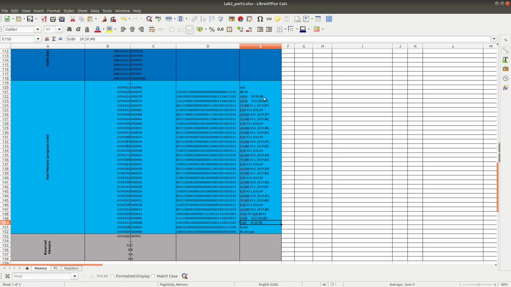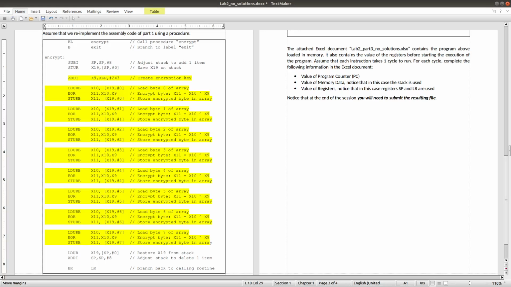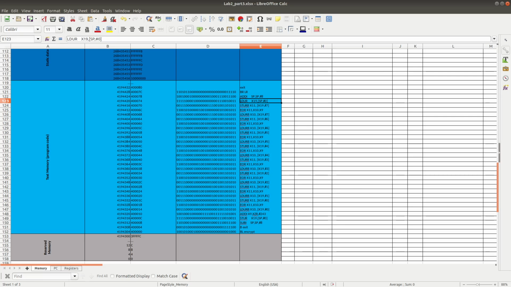So we will continue with our program until here. Here we have the last three instructions in our program, that is LDUR X19 and then ADDI SP. So here we come back to our Excel file. Here is LDUR X19, SP0.